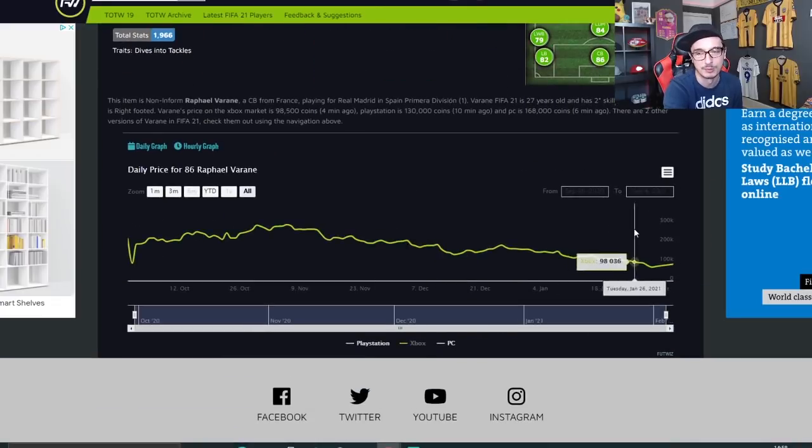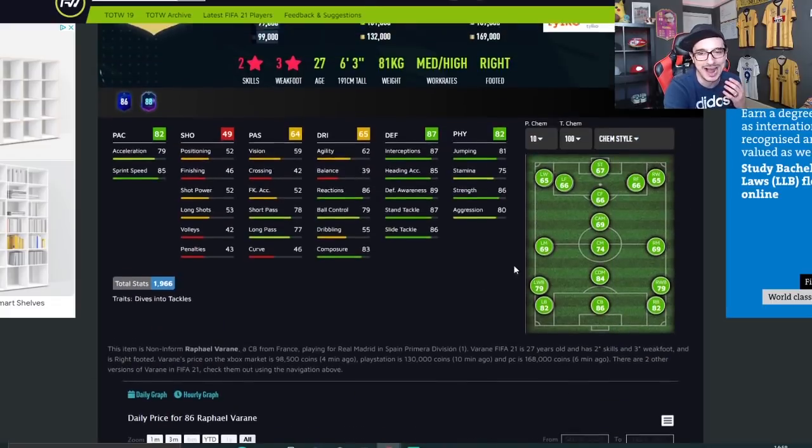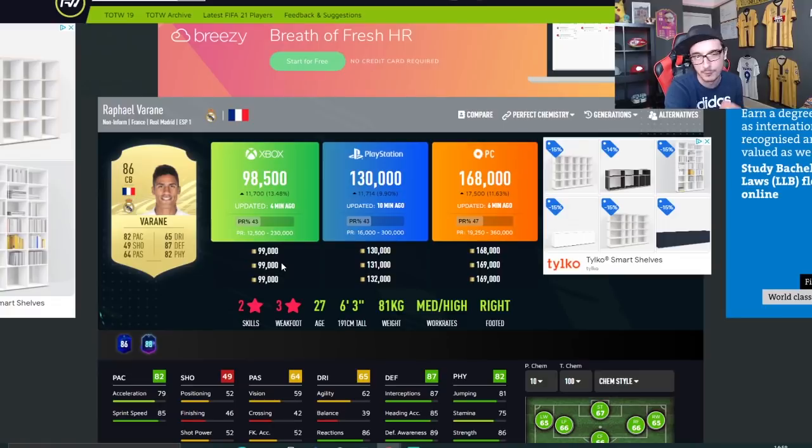Because we were all sitting there going, is he dead now as a card this year? Or is he going to keep being bought up again or sold on again? So for me, I'm seeing demand for Weekend League of him being around 99,000 coins now on Xbox, 130 on PlayStation. Again, if tonight I see him come down to 85,